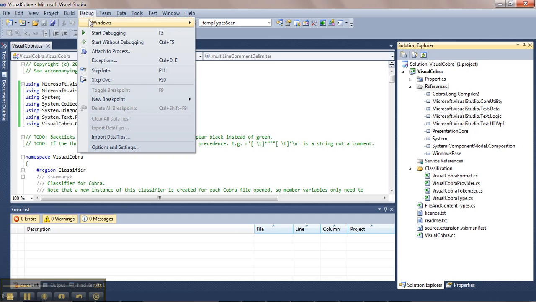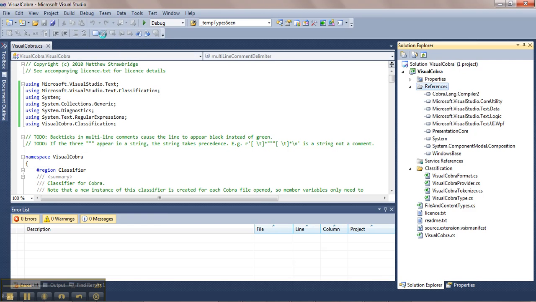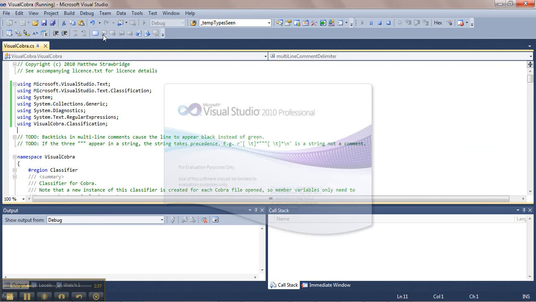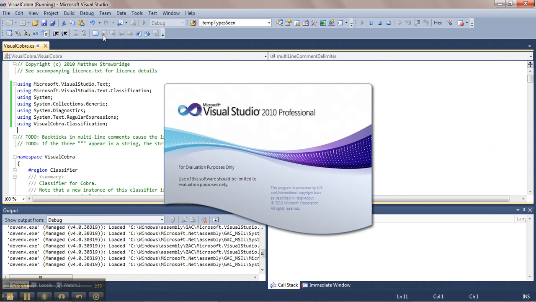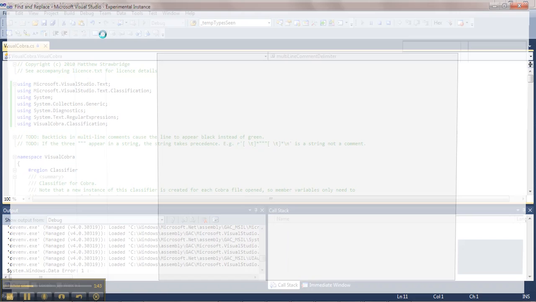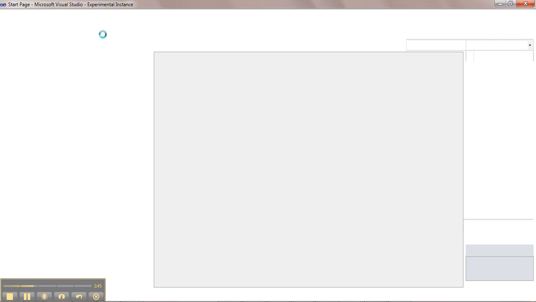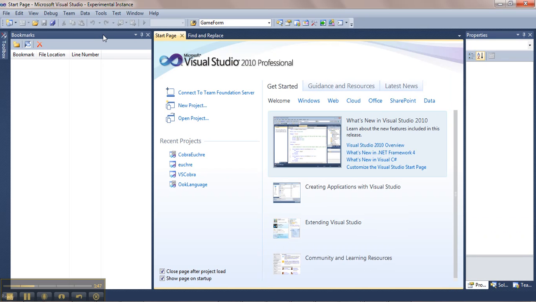So if we kick off a debugger, or rather run the debug version of the software, I should say, it starts another instance of Visual Studio, an experimental instance, which is how extensions work when you're developing them, so it doesn't get confused about what you've actually got installed in your own Visual Studio. If I open the saved project that I've got,